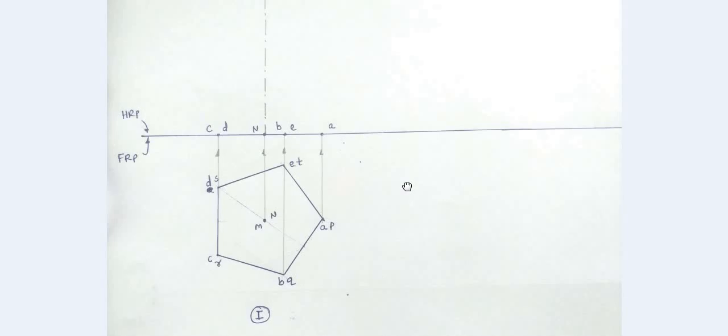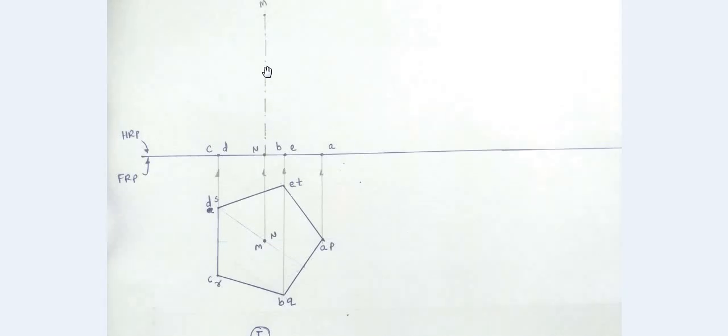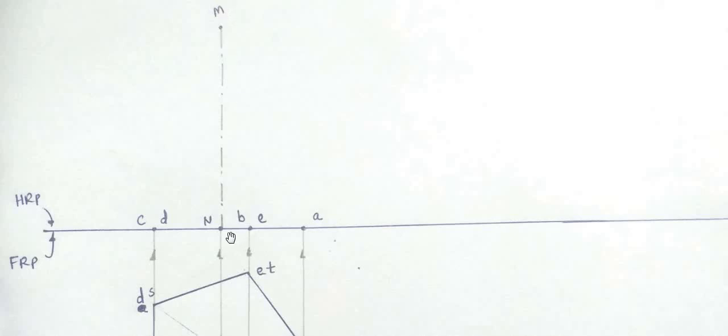Now we will mark the height of this prism. From N we know that the height of the axis is given as 55 mm, and at 55 mm height we will be locating point M. Another important thing, this line MN we have not drawn with a continuous line. As it is an imaginary line, it does not exist as an edge of the object. It would always be drawn as continuous line, dot, continuous line, dot. Generally this is a convention to draw the center line of any object. So the axis would be drawn as continuous line, dot, continuous line, dot.